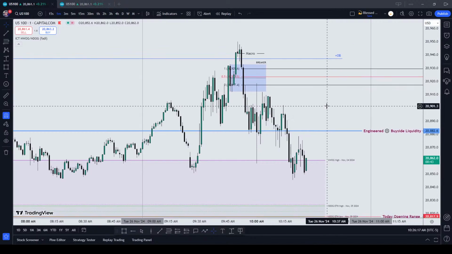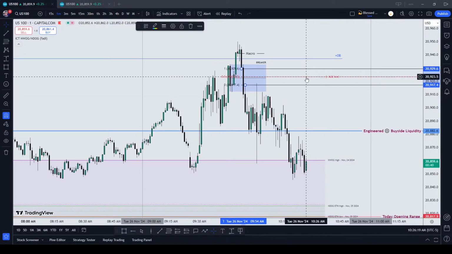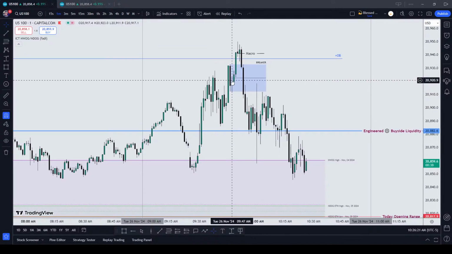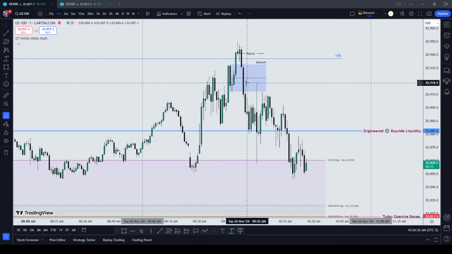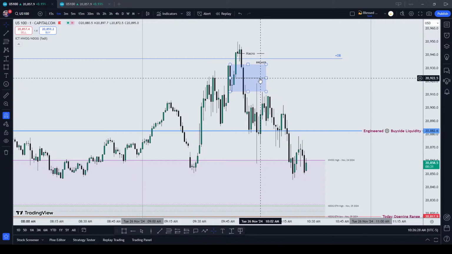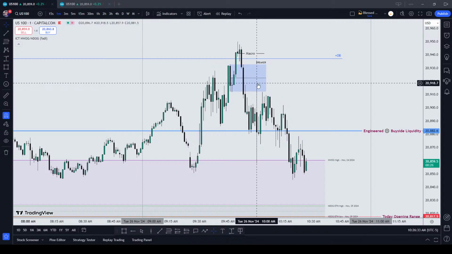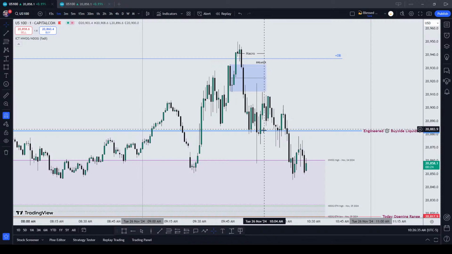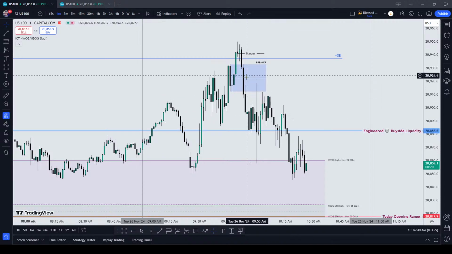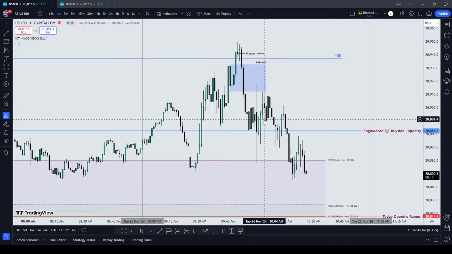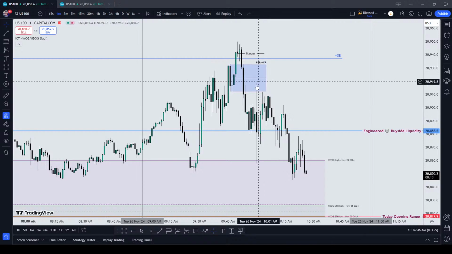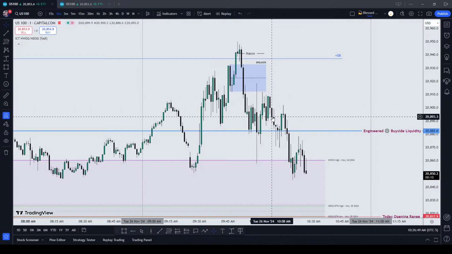So what price now did, around the 10 o'clock news, price gave us entry into the breaker, failing to reach the consequent encroachment of the breaker, which shows us, okay, yes, we are bearish, but this is not what we'll be expecting. This kind of choppy price action after our setup has now been presented to us, we won't be expecting something like this to be chopping around. We'll start seeing what, candles leaving the breaker and start creating what,